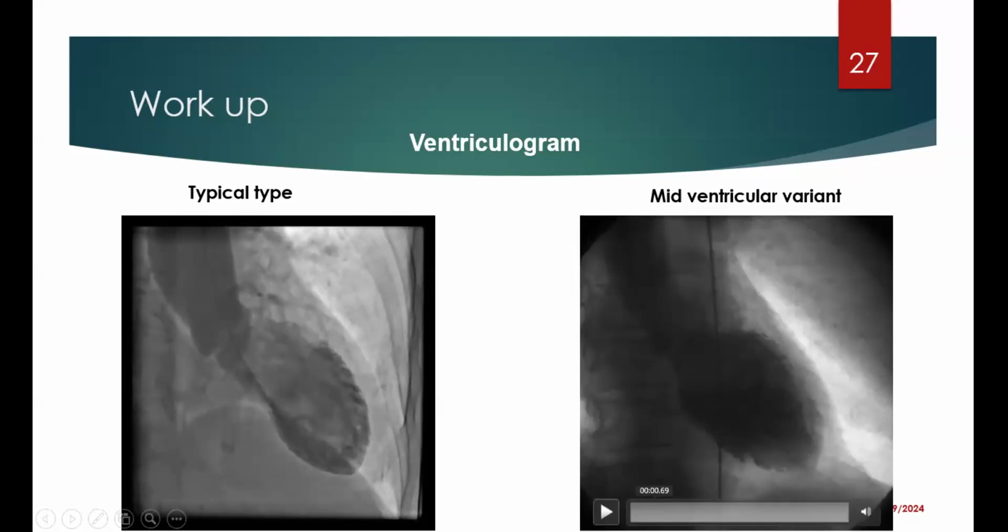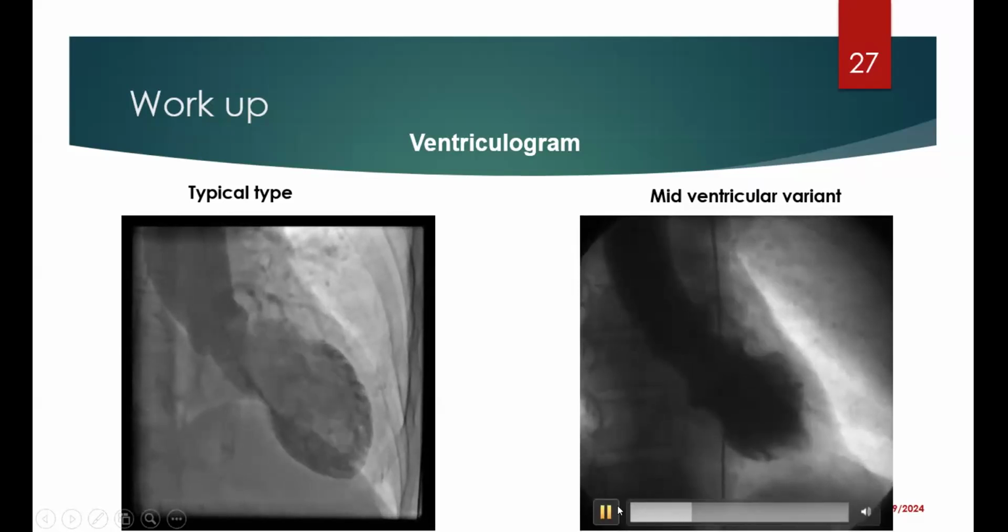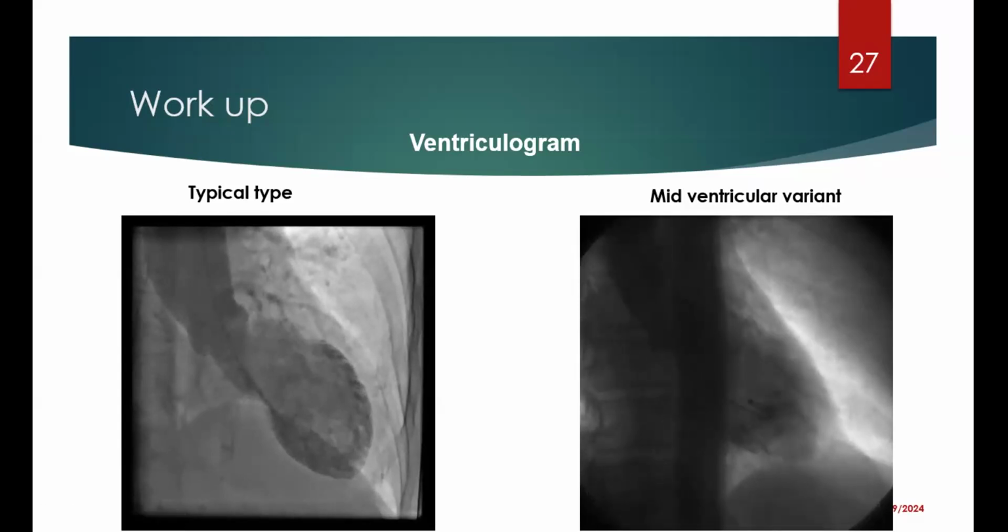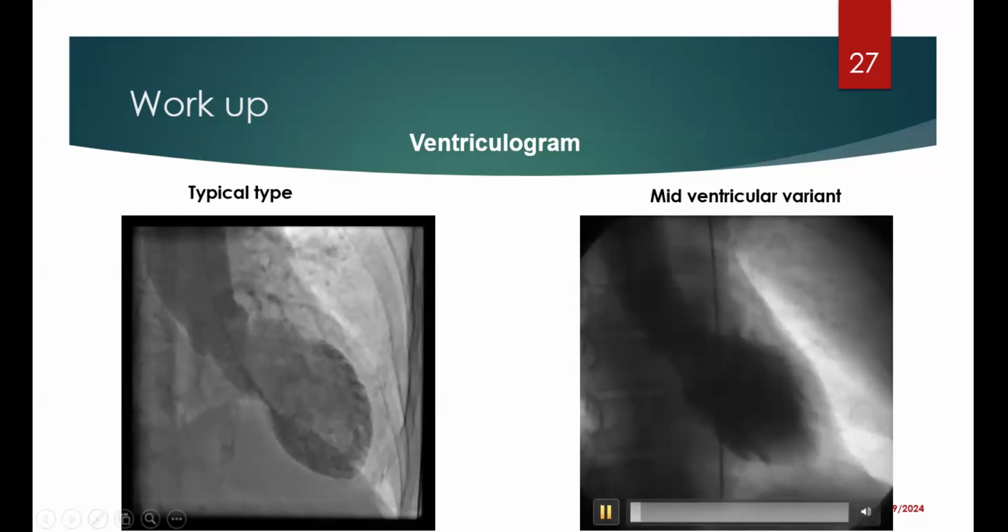The next video shows the mid-ventricular variant. From this video, we can see that the base is contracting well, as well as the apex, sparing the middle section of the ventricle. So that's a mid-ventricular variant.